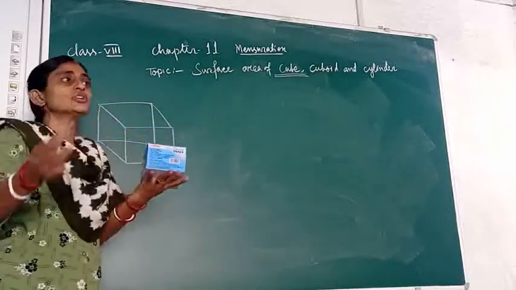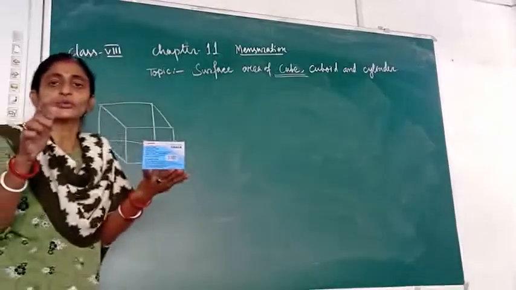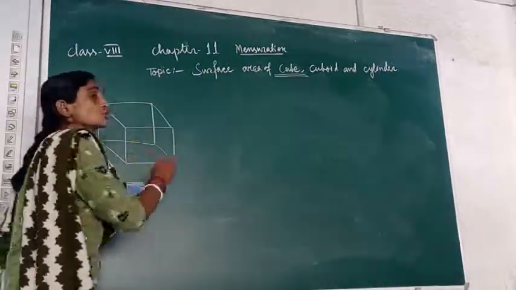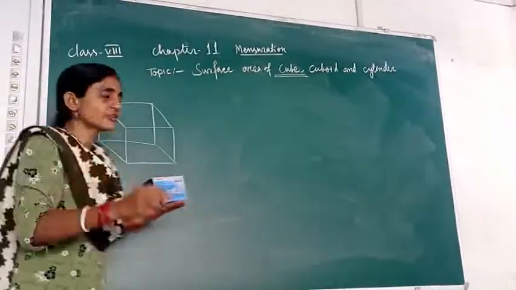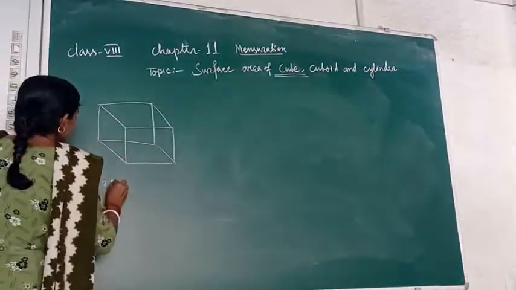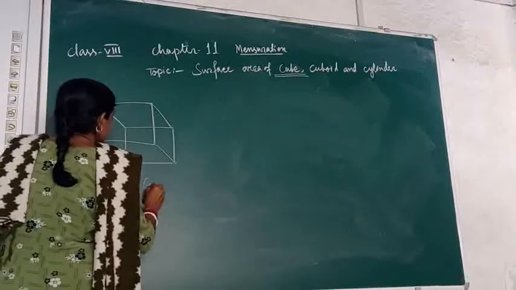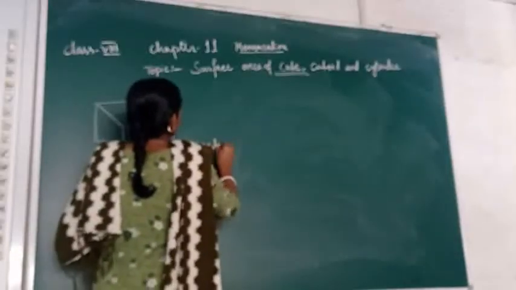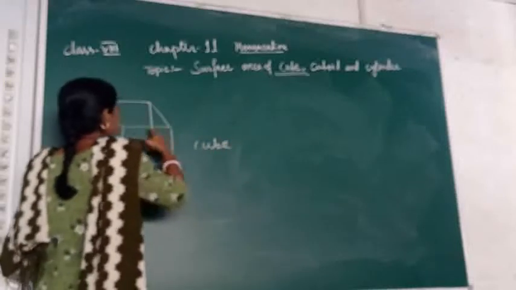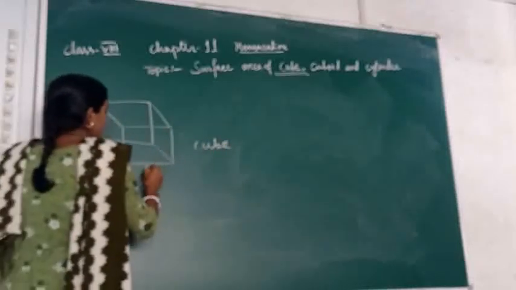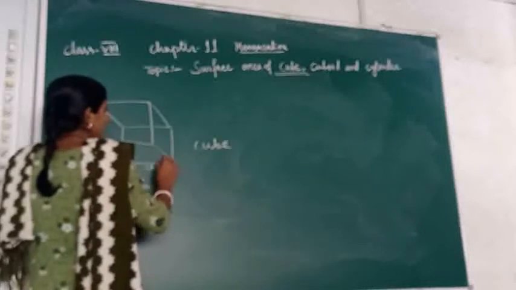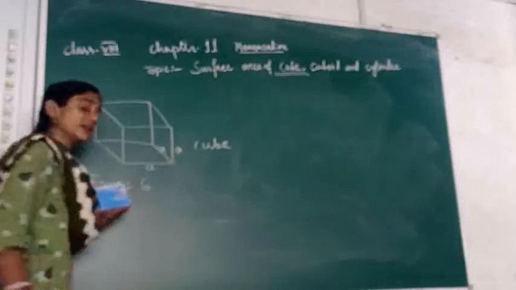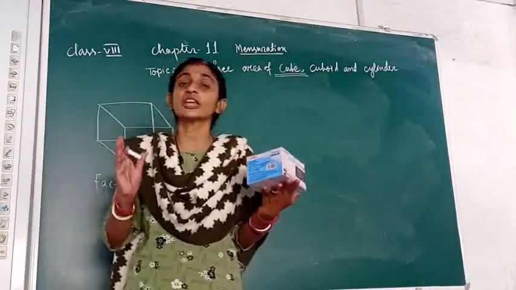And you know that for all these 6 faces, what will be the shape of each face? Here it is made up of 6 square faces. How many faces are we getting? In this case, I am getting the number of faces as 6. Whereas for a cube, all the faces have the same length. If I am considering this length as A, then height is also A and the breadth is also A. So what will be the surface area?